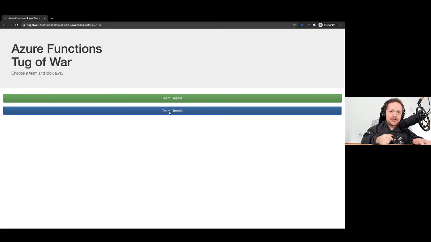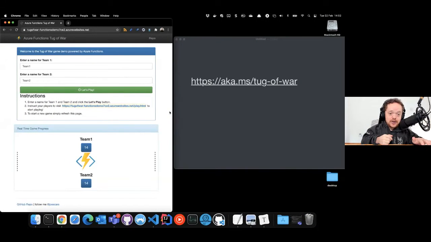So I'm going to start there, and I'm going to feverishly click on team 2. Hope someone else is also clicking on team 1. Let's go back there, and you'll see that it should actually update. Let's wait for it to update. What we're doing here is all serverless, and it's running, there we go. 67, team 1, only one, there we go, team 1, click, more.